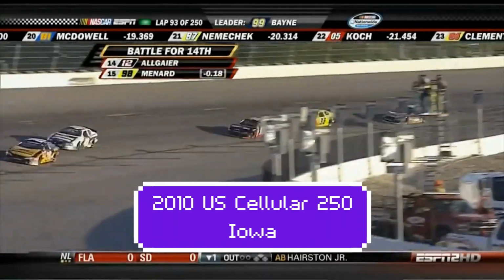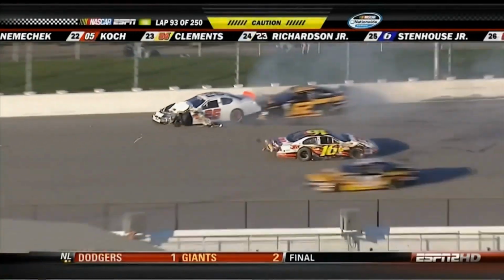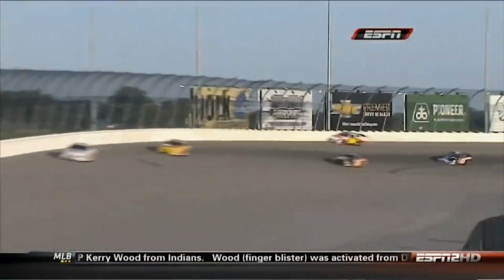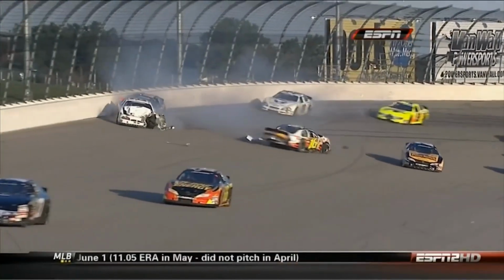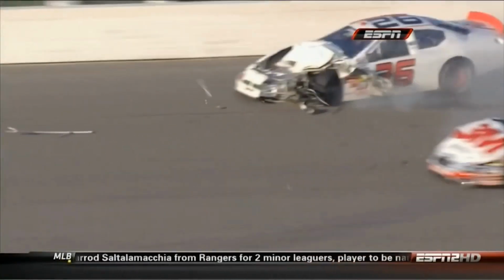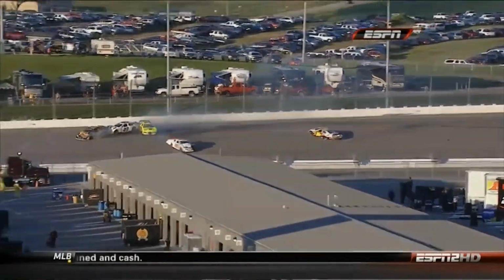A logjam. And remember, this is a feeling that they didn't have last year. This race was run completely in the daylight hours, and a big-time collision between Brian Keselowski in the 26 and Colin Brown. Mark Green in the 49 also involved, and Brendan Gaughan, who was having a great run after starting 25th, had worked his way up through the field. The 16 car is another one who went to a backup today after a qualifying crash. Colin Brown is going to be...